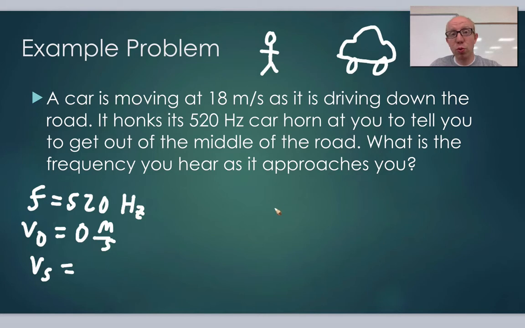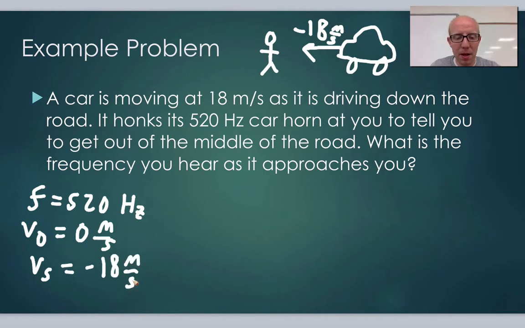Because it's moving towards you, we must assume that it is moving to the left, towards you like this. So that means this must be a negative 18 meters per second, based on how we draw the scenario to make the math work out. Okay, so if we do that, we get the frequency prime equals C plus V naught over C plus Vs,